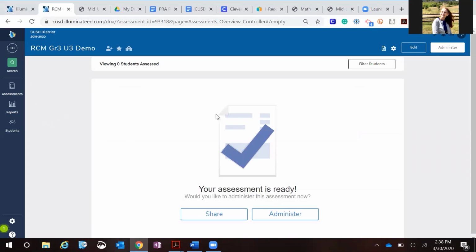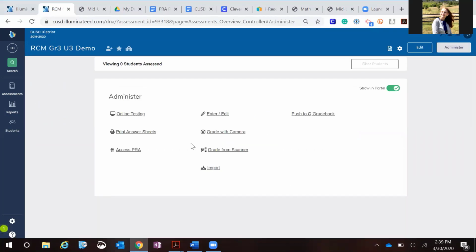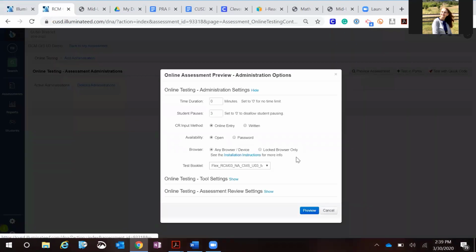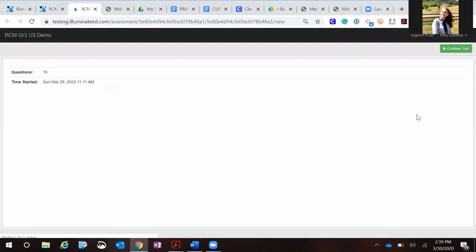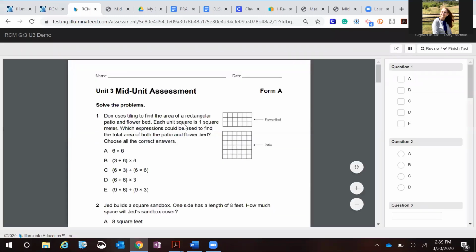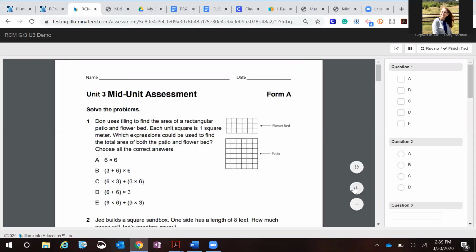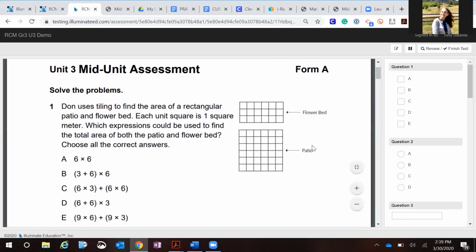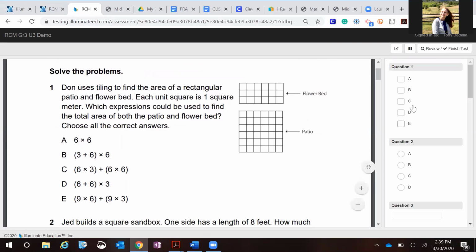So after you do all the work, here's what your students are going to see. If I just come in here to Administer and I come into Online Testing and I want to go into Preview Assessment. Okay, so you'll see that the document's already there, but this is what it looks like after you're finished. Continue test to look at it like a student who is taking this. I basically just took this assessment out of iReady and I imported it in, and so you can see that over here as I work through this,